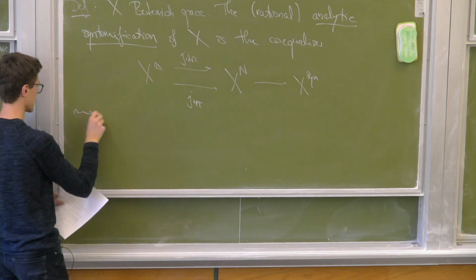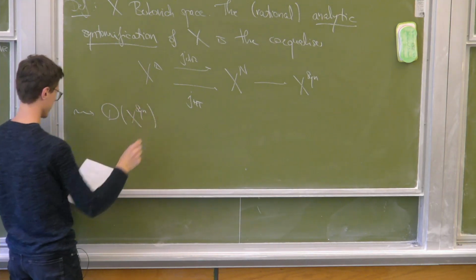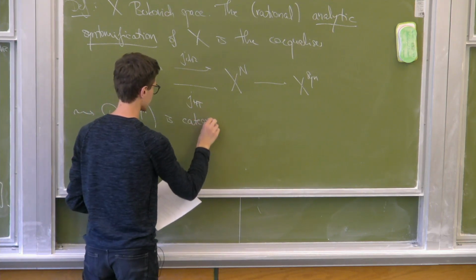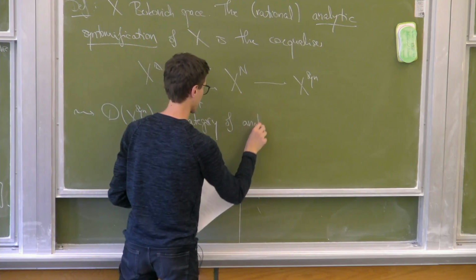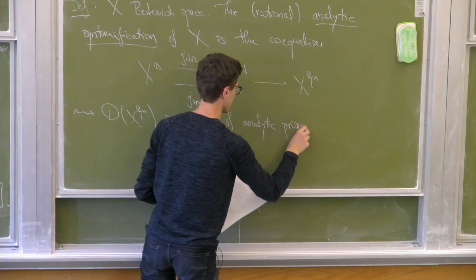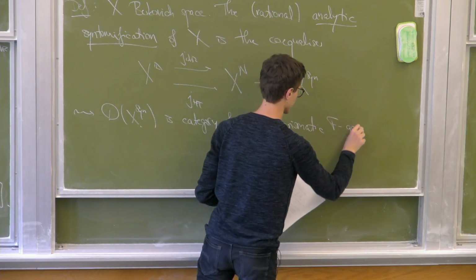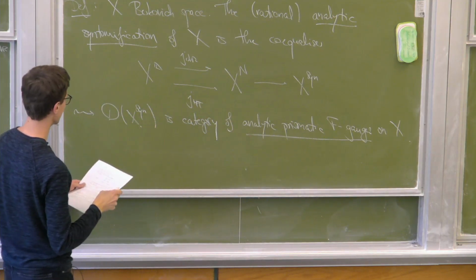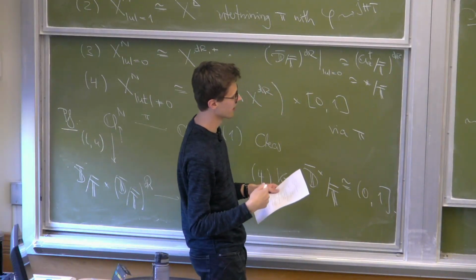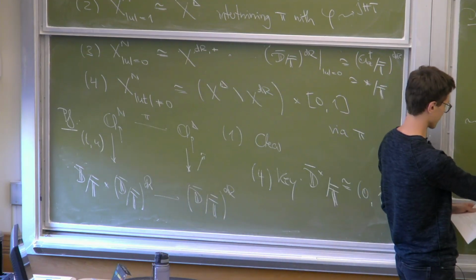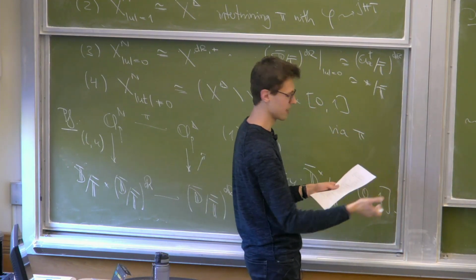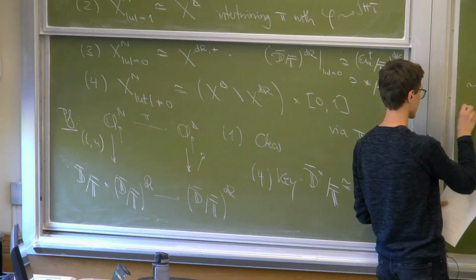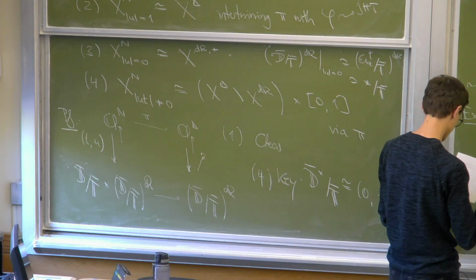And then the category of quasi-coherent sheaves on X_syn is the category of analytic prismatic F-gauges on X. In keeping with the motivation from the beginning, you should perhaps think of this as some category of analytic p-adic étale motives of X. And so in particular, as in the integral theory,